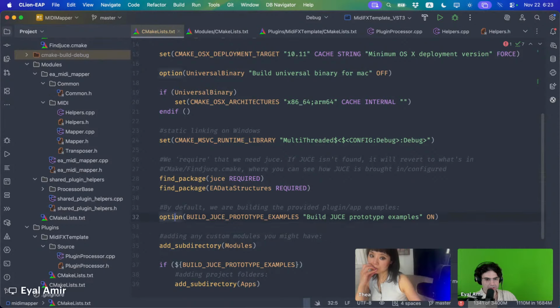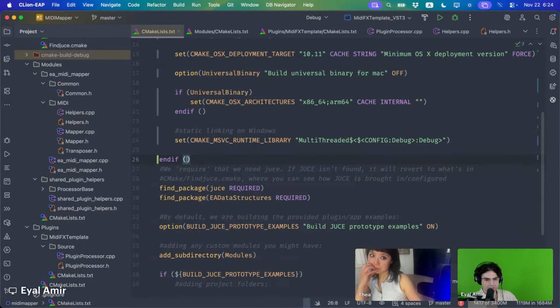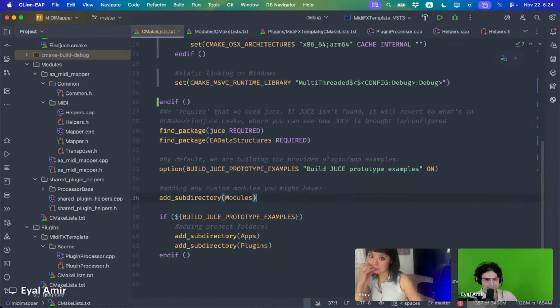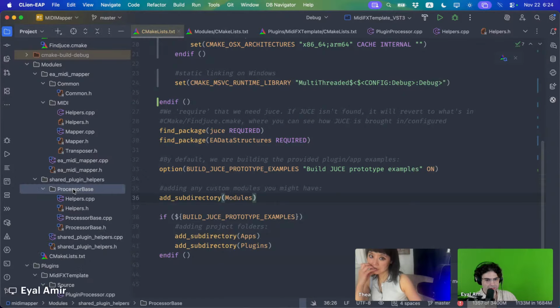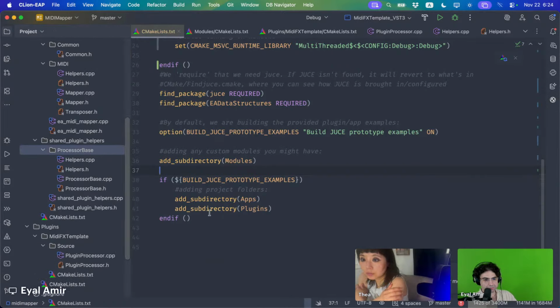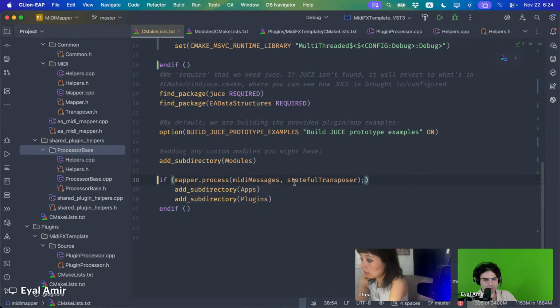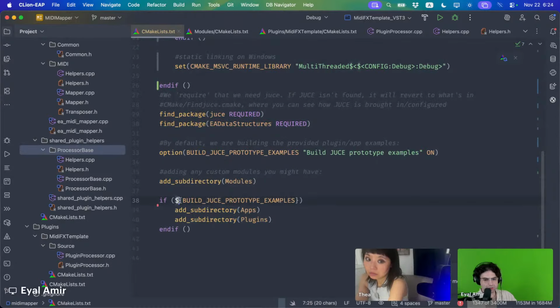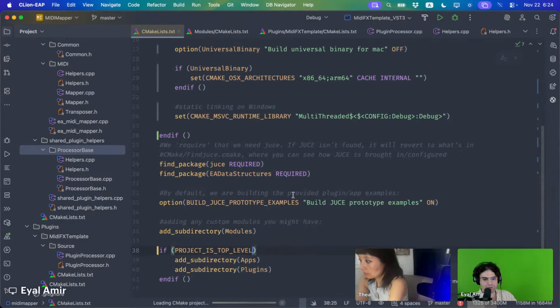And yes, modules we need, but the plugins we probably don't need if we're building this, because the plugins are just an example. So if we're not in the top level, we're going to test this in a second, how it's going to look